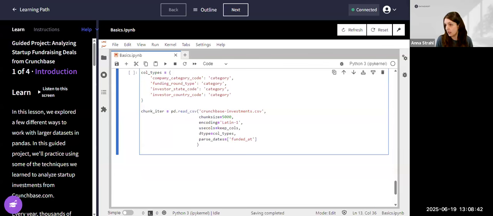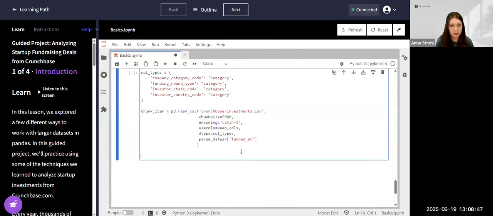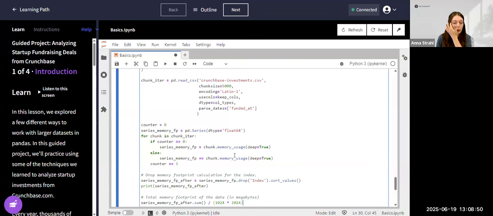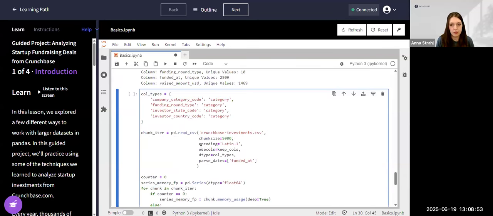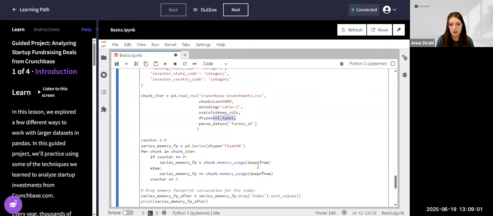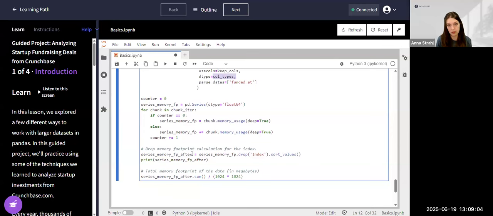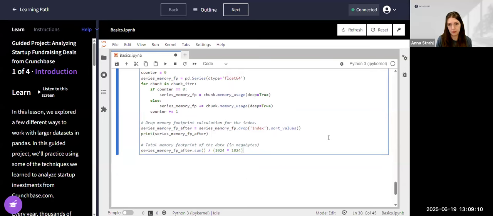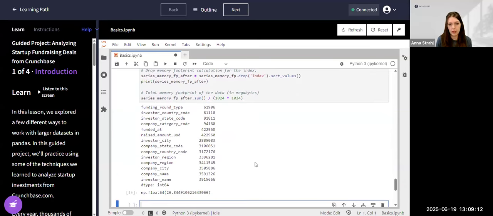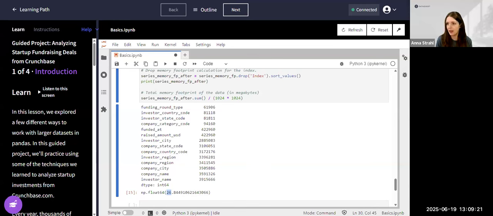Okay, and this code is copy and pasted. We already did this a little earlier when we were calculating memory use. But what we want to do now is see after we've cleaned, right? We're keeping only columns that we want. We're converting some data types. Does the memory use change? And here is going to be our memory for after. Okay, so we see that our total memory use has dropped pretty substantially,